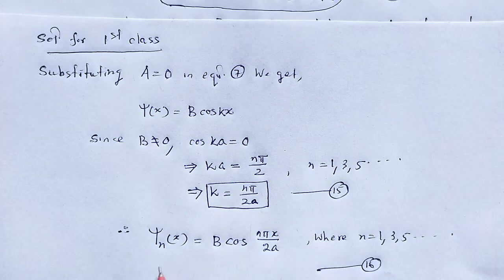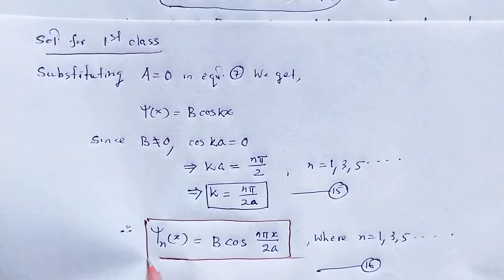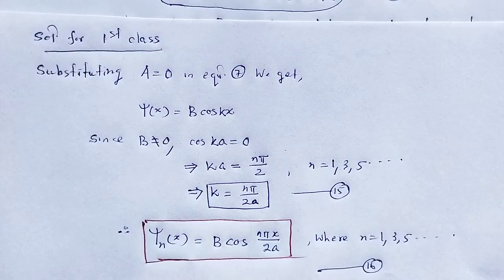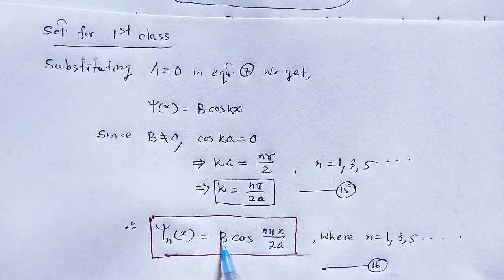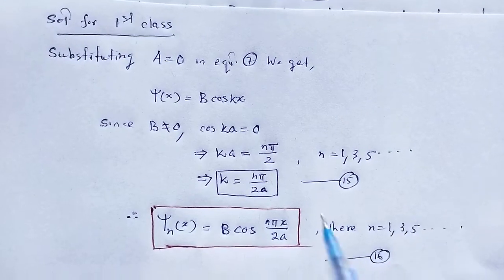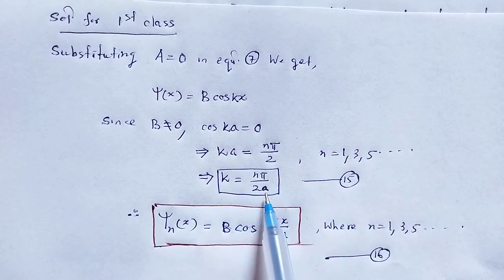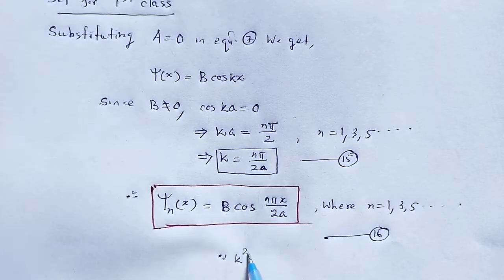One class of solution we derive here, b cos n pi x. Next, the second class of solution will be achieved. This is the solution where b is the constant. Our task is to find out the constant b also. Let me assume, since k is equal to n pi by 2a, that k square